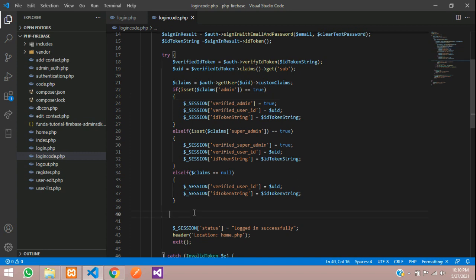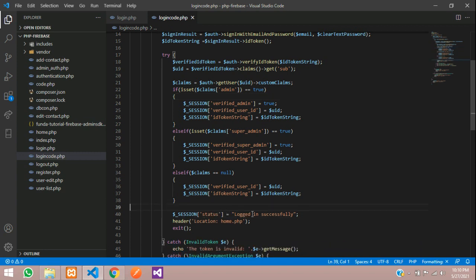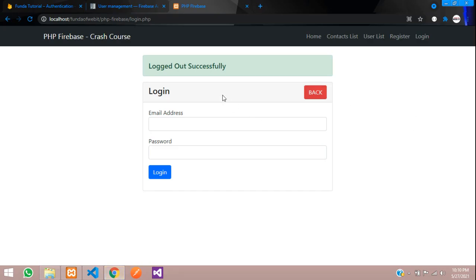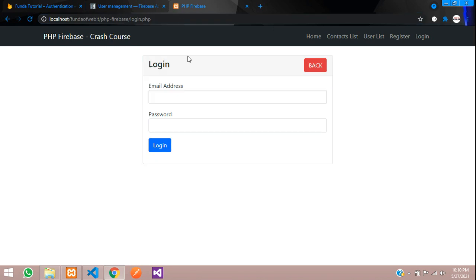So guys, now everything is set. Once you log in, you will go to the home page, and we want to create one authentication check. Let us check that first. After logging in, what is the difference? Let's refresh the page first and log in as a normal user. That normal user is ved@gmail.com, password 123456, login.